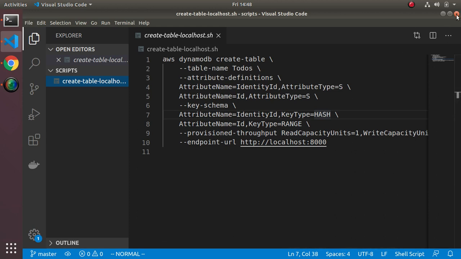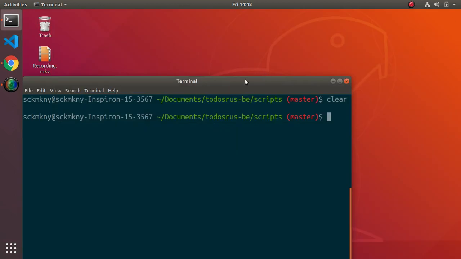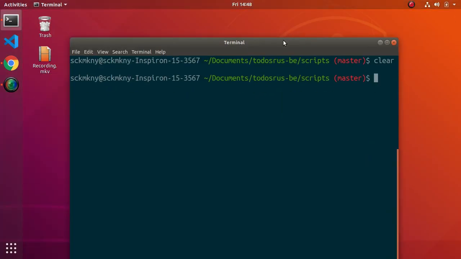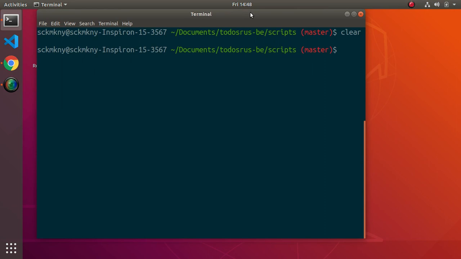Okay, so that's the first step. So now you've got the table, right? Now, once you change the table, your code's not going to run. So we deleted the table. We created the table. The next thing we need to do is,